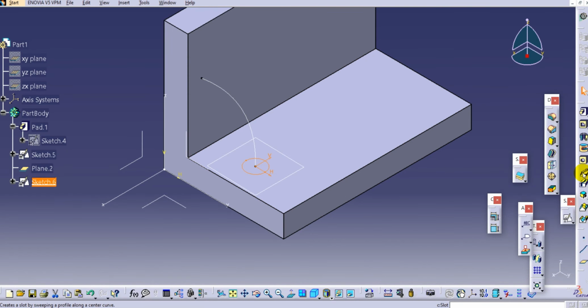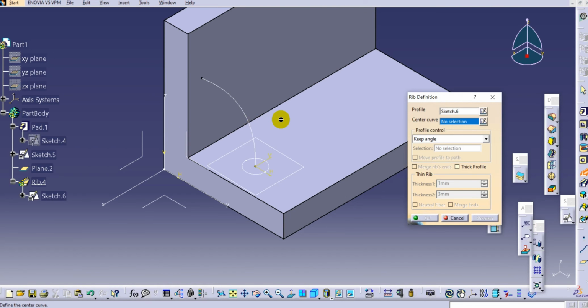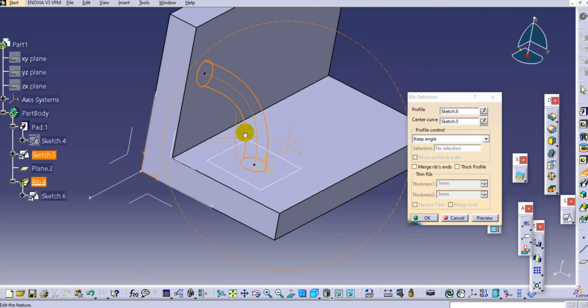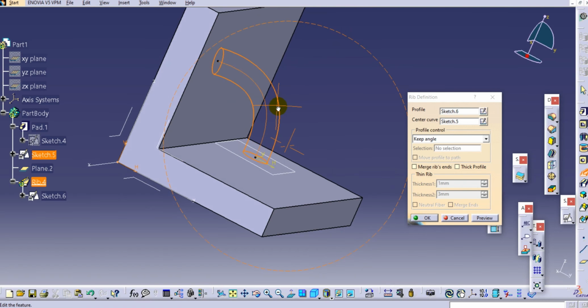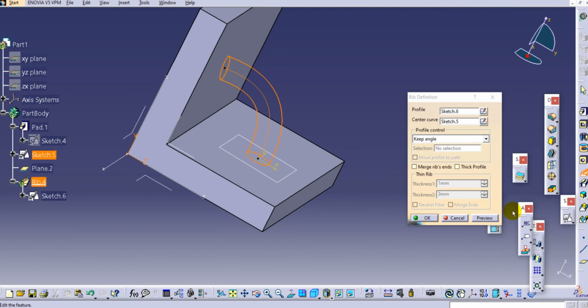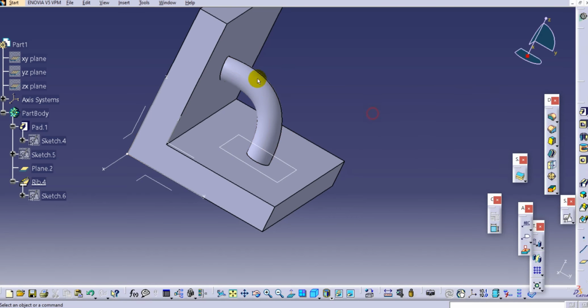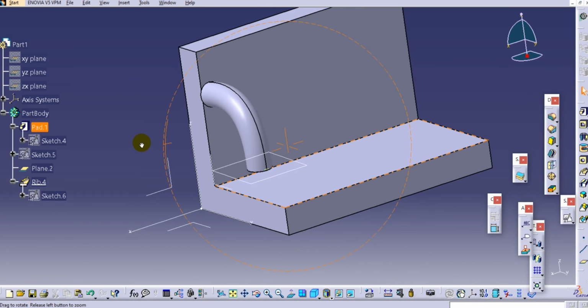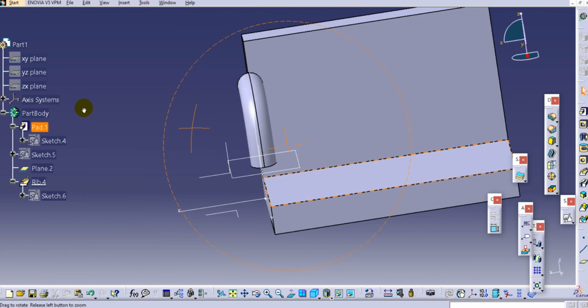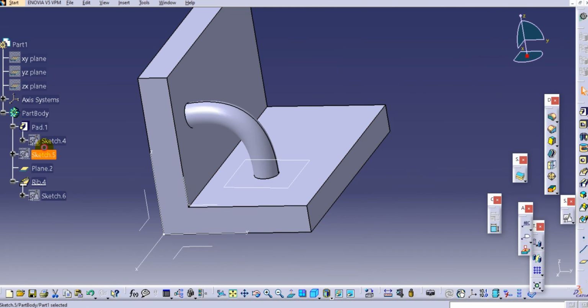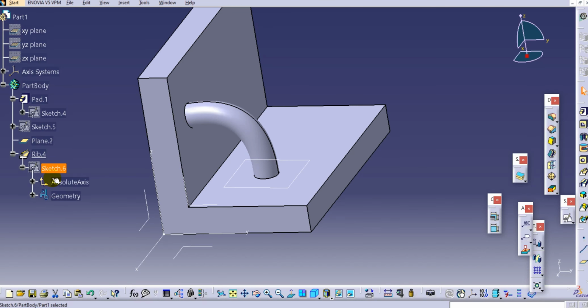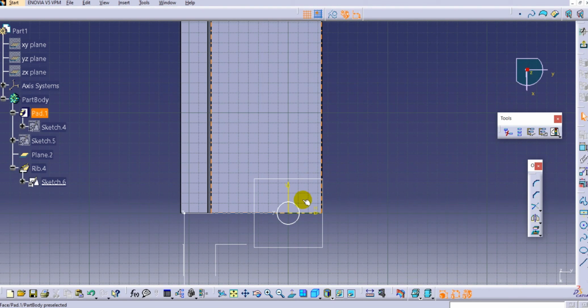and use the sweep again, this rib command. So just select, it is already selected, and now we have to select the center point. So now if you just select these two options, and once you click on the preview, you can see here both the ends are not touching anywhere. Sorry, we have done some wrong thing here again. This I will do a little bit.